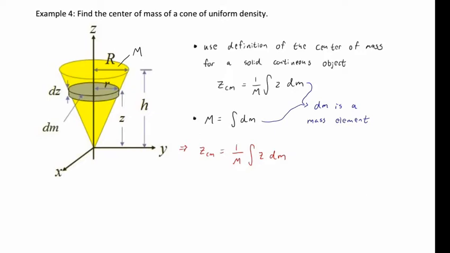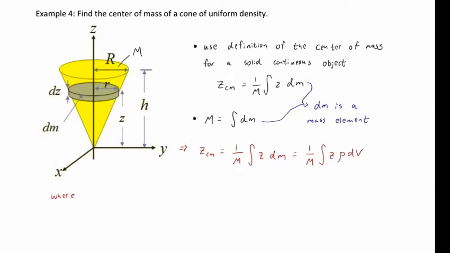Well, we can change that mass element to something that involves the volume of the cone, and then we'll basically make connections here to actually have something that we can integrate, because as written we can't integrate across mass because we don't have the right variables to do so. So what is almost always the next step in one of these problems is to replace dm with rho dv,